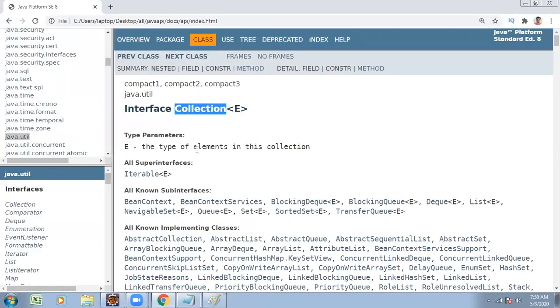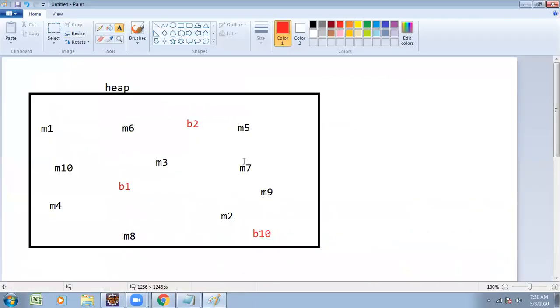Suppose here we are storing multiple objects. Retrieval is complex. Instead of retrieving them individually, B1 individually, B2 individually, M6, M5, M2 individually, what I want to do is create one object and store them in it. When they are stored in an individual manner, retrieval is complex.